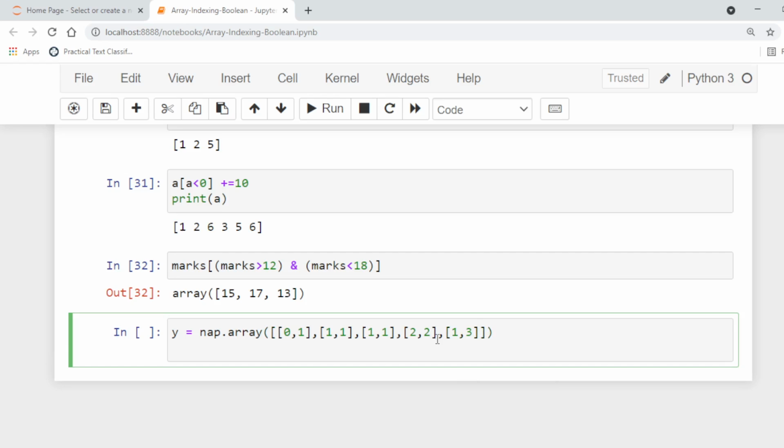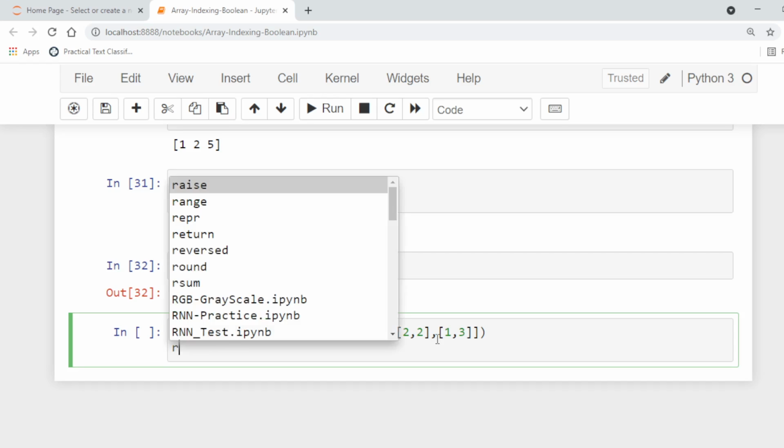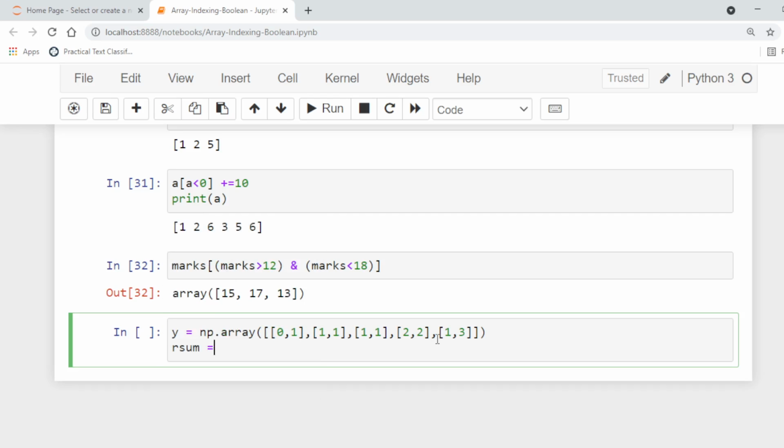So this is the NumPy array. Now we want to extract all the rows whose sums are less than or equal to 2. So first of all we calculate the sum. Let's say we have a row sum equal to y dot sum, where we are using axis 1 to calculate the sum of the rows.